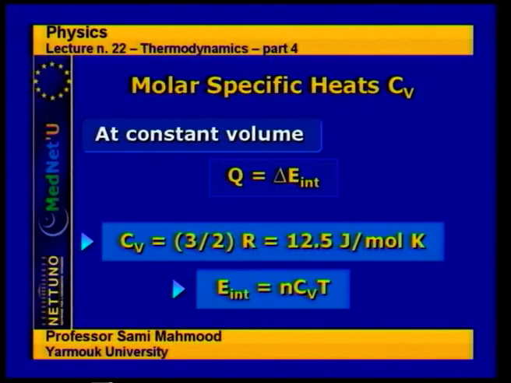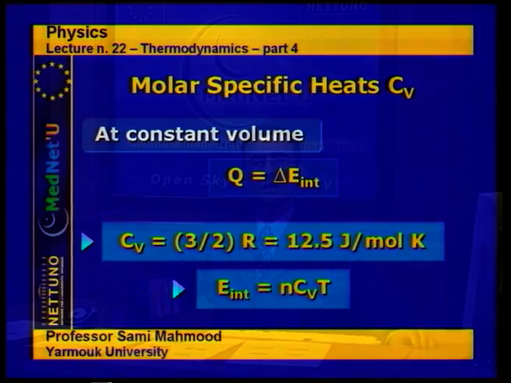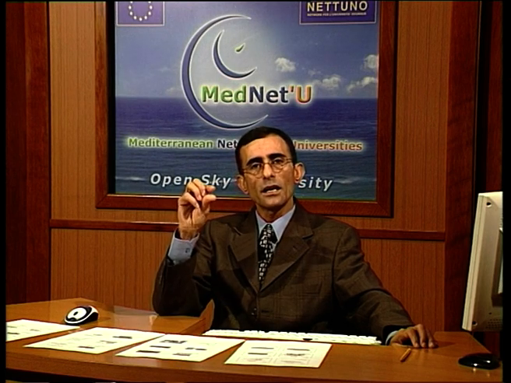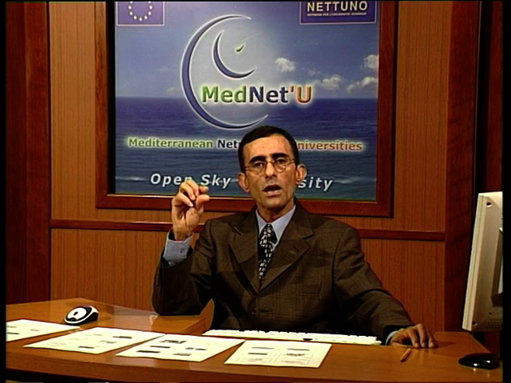But this new form of the internal energy, E internal equal to n Cv times T, is correct for any type of ideal gas, whether it is monatomic or it consists of several atoms per molecule,